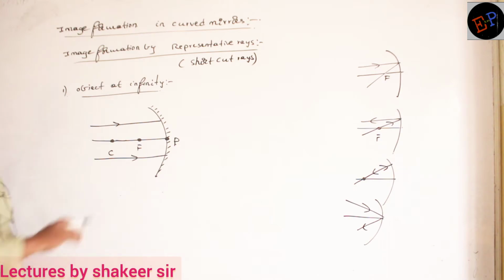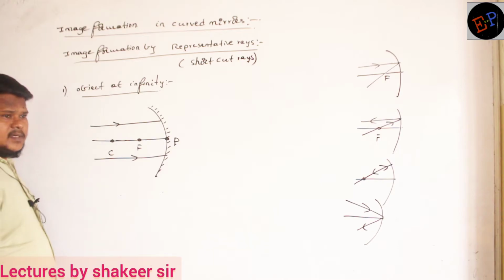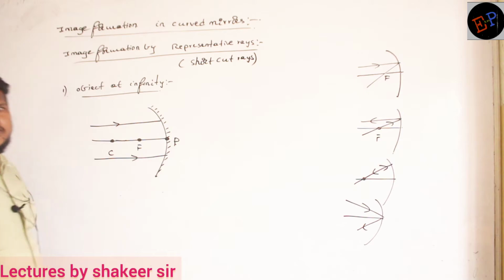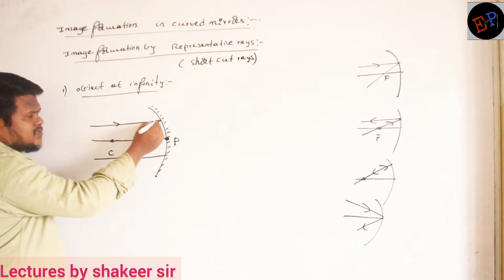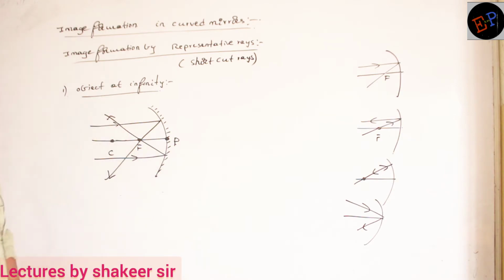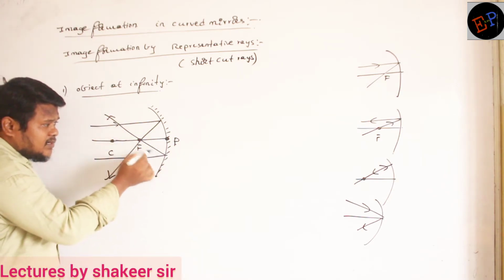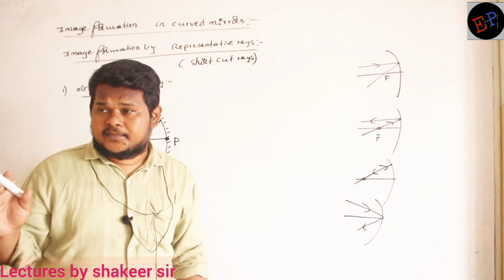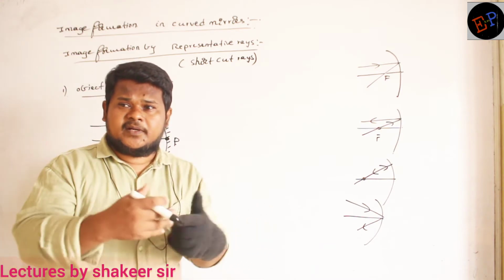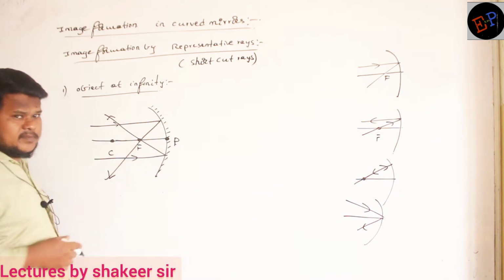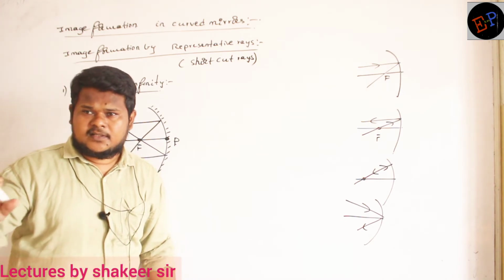Now which ray do I have to use here? 1, 2, 3 or 4? The first one. What is the first one? Light ray passing parallel to the principal axis passes through the focus. So this light ray passes like this and this light ray passes like this. And wherever these 2 light rays meet each other, their image will be created. So the image is created exactly at the focus.